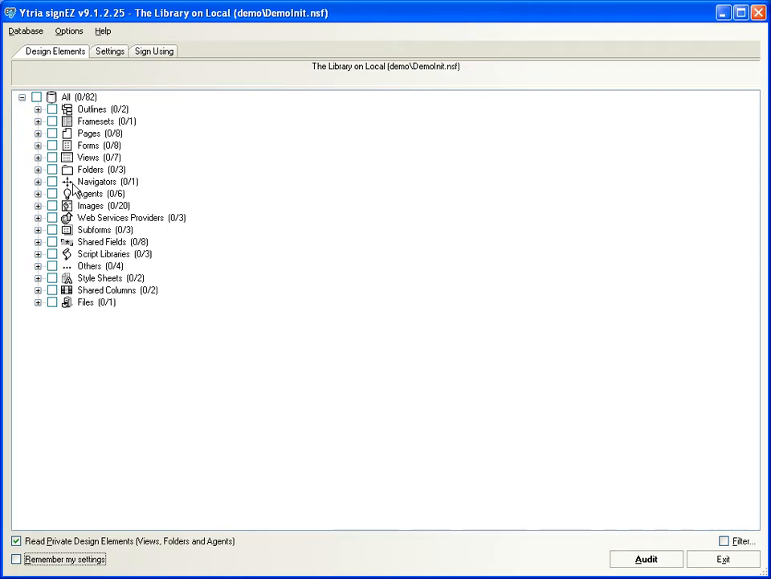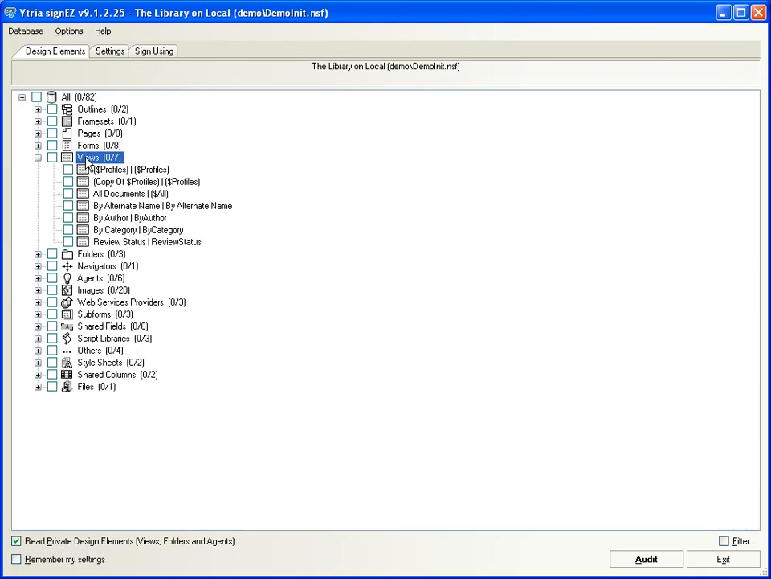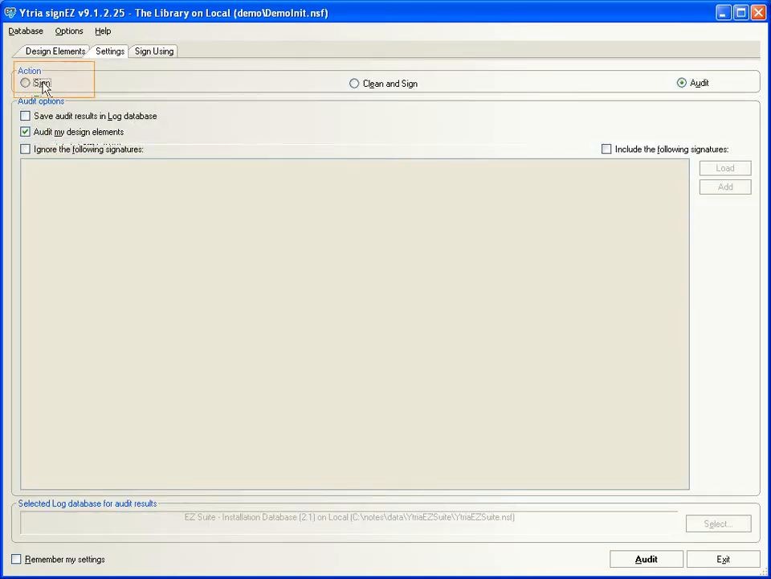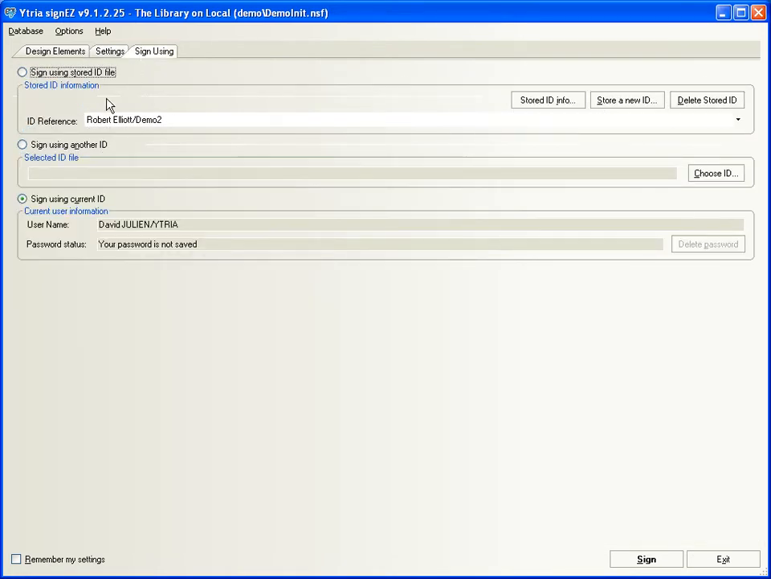signEZ lets you easily choose any combination of design elements and sign them. First, click the Sign button, then choose how you want to sign. Here you can sign using a stored ID,